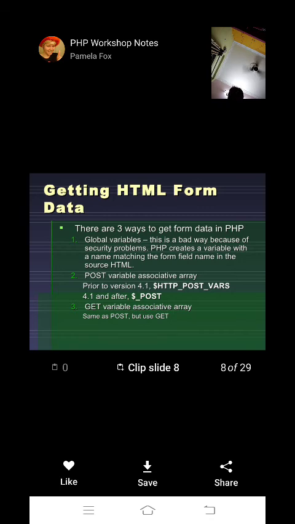How to gather that, we'll see. There are three ways to get form data in PHP: global variables, the post variable, and the get variable.